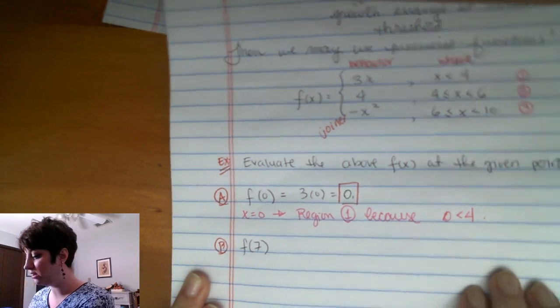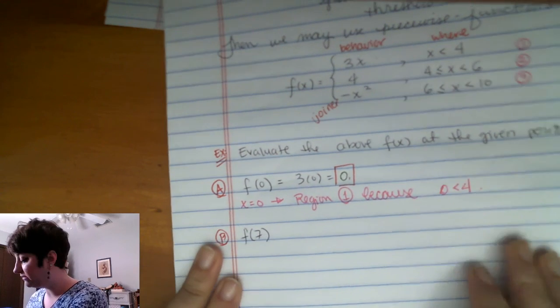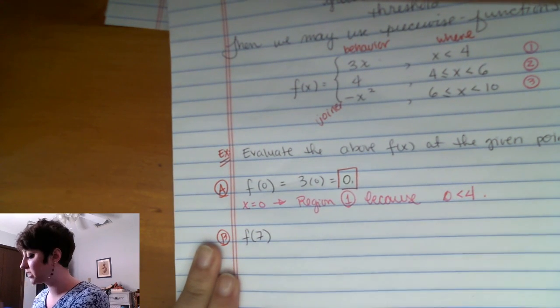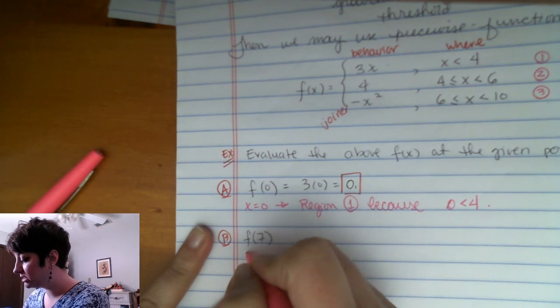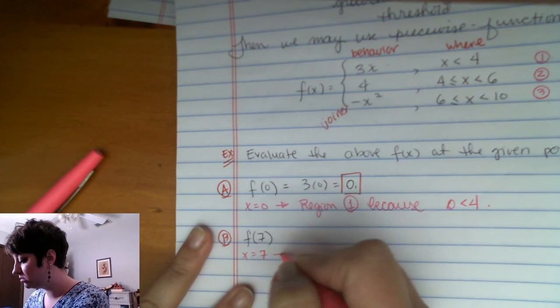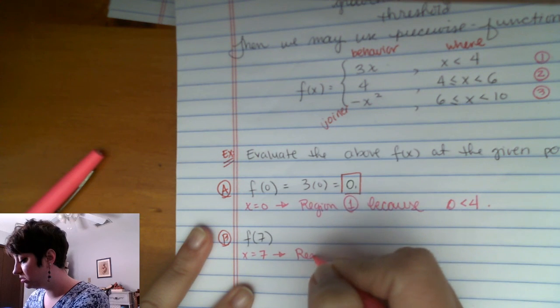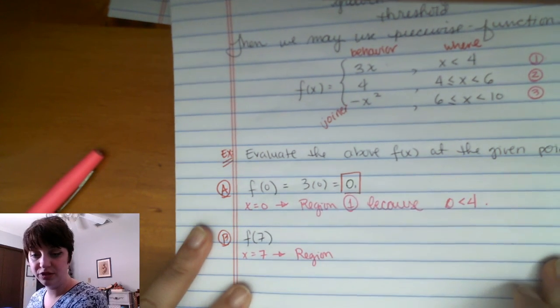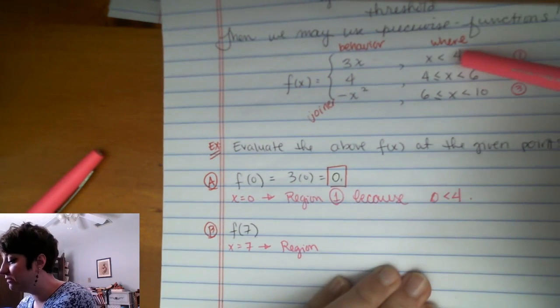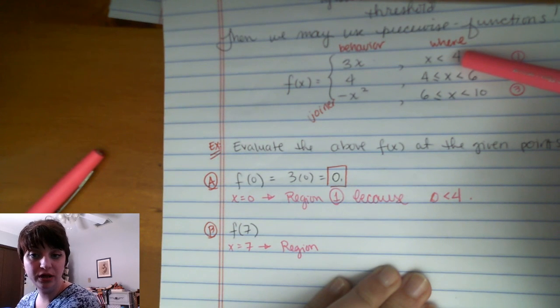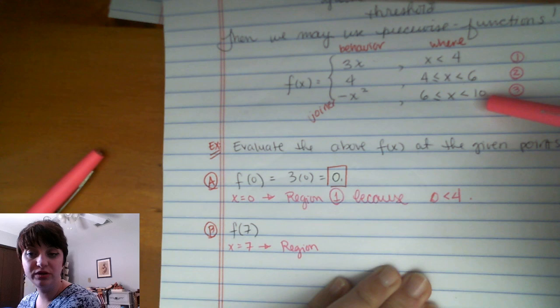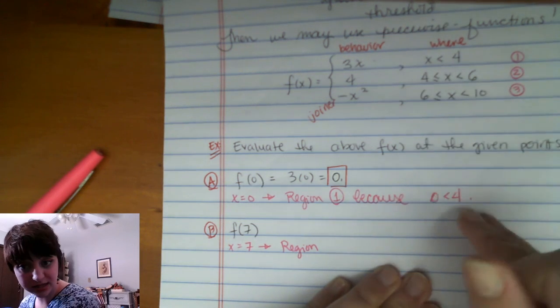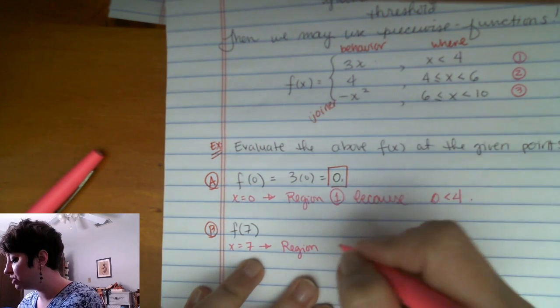Your x value is 7. Okay, so x equals 7, which means which region do I need? Is 7 less than 4? No. Is 7 between 4 and 6? No. Is 7 between 6 and 10? Yes. So I want region 3